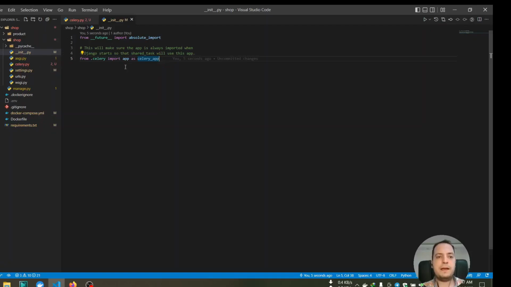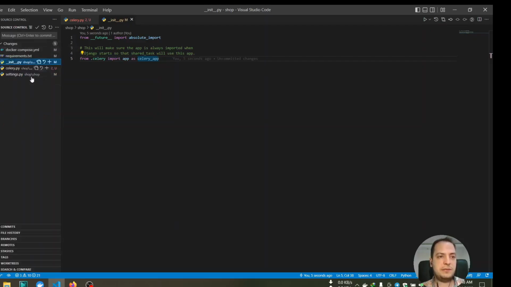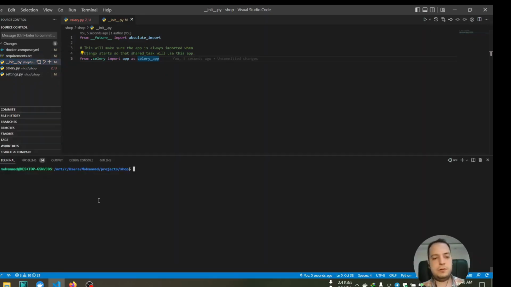So this will make sure that Django will automatically import the Celery module, and will start the Celery module automatically. And that's it. There are 5 changes that we made to our repo, and now I'm going to